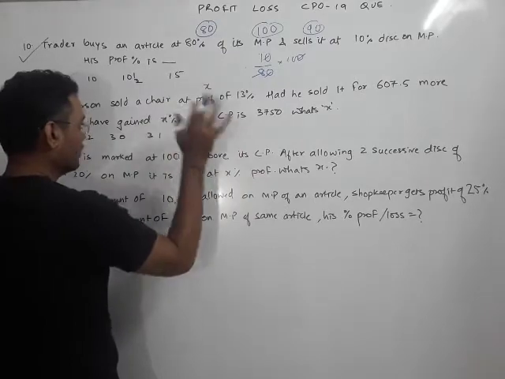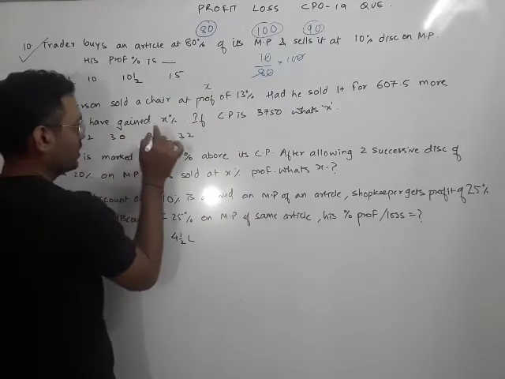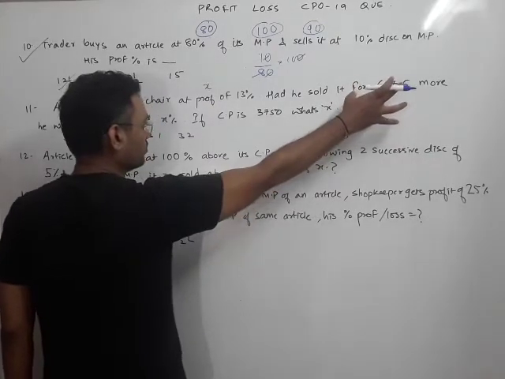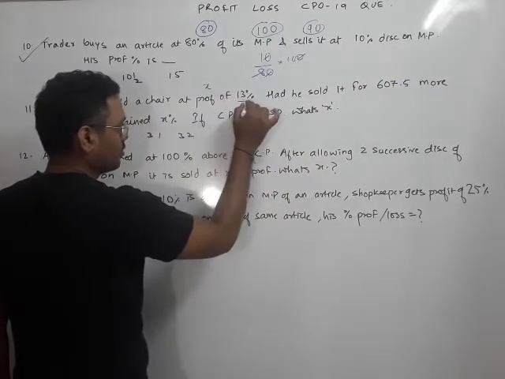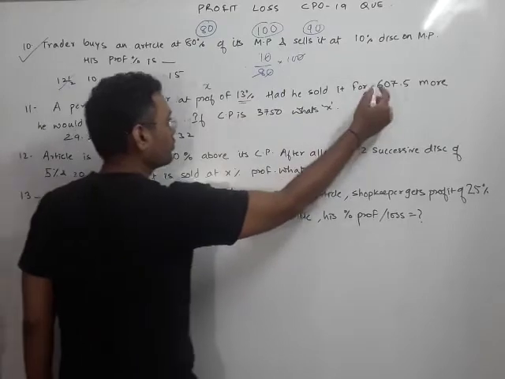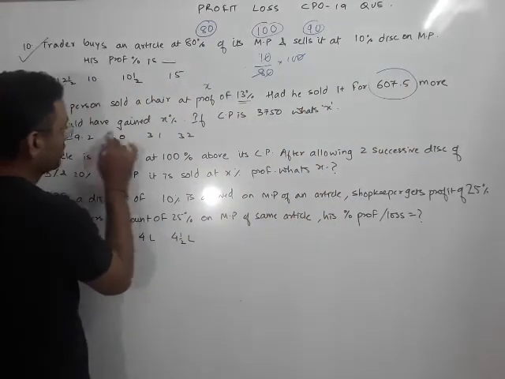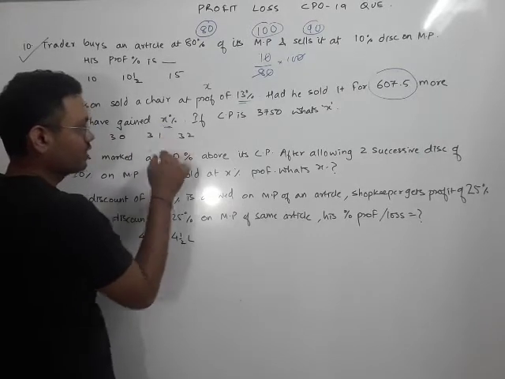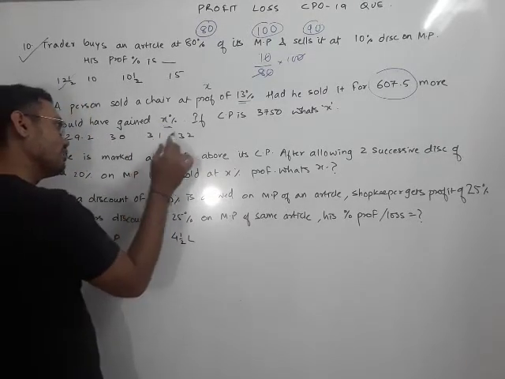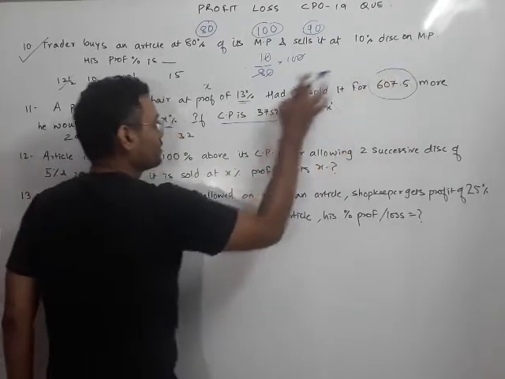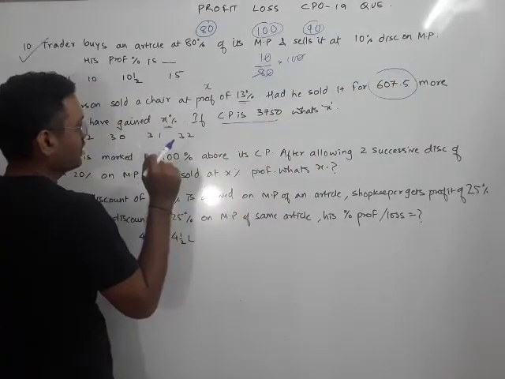But when it is saying something is bought, sold, and had it been sold for whatever more or less, then his gain percent or profit is given by, you just find this percentage, because what it is trying to say is